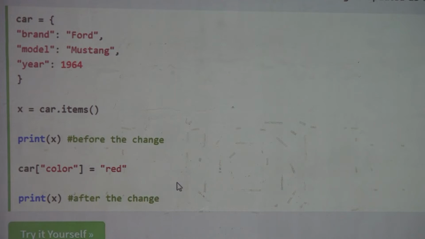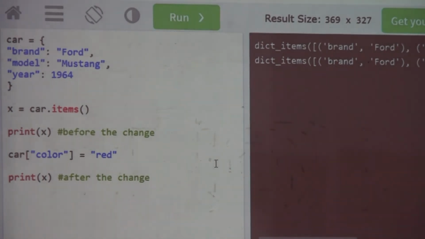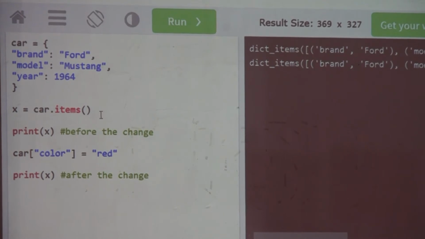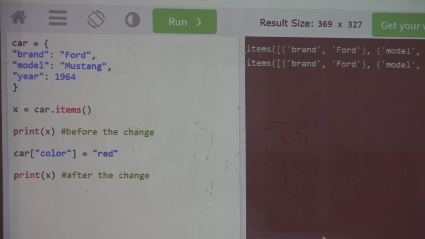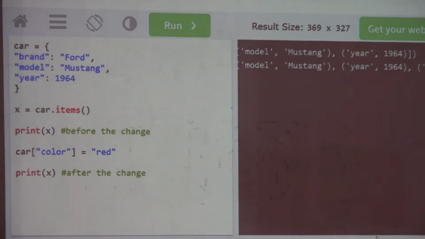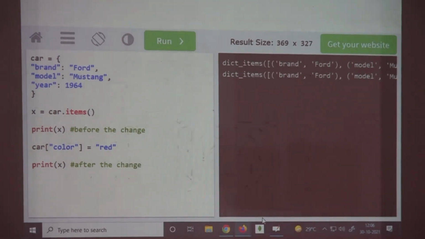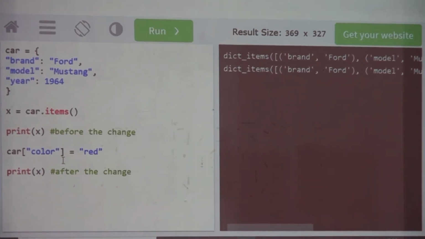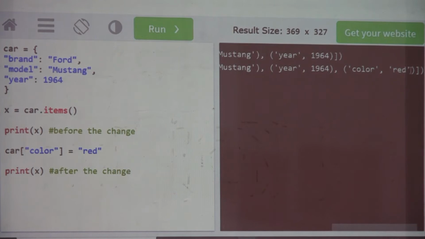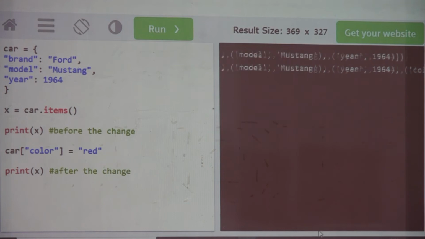Okay, so let's do that for a moment. Let's try it out and then we will make a change and then try it out. So see here. The first x, what is the data which is produced? We have 3 entries. The second x, though I didn't say car.items again, got 4. See, the second x got 4, though I didn't say car.items again. Now, if I had said,